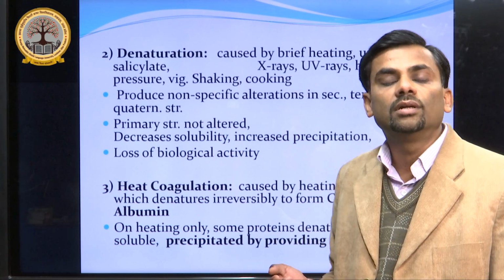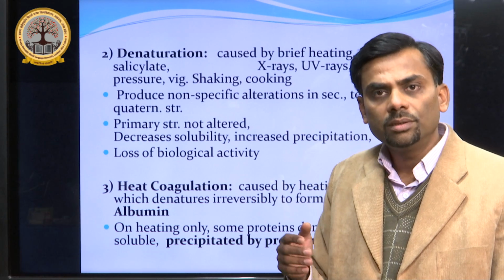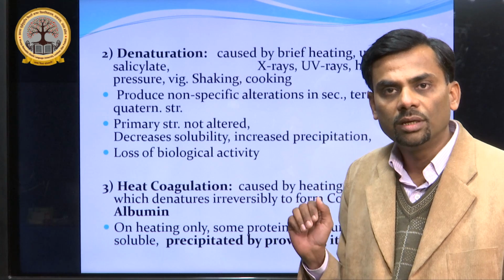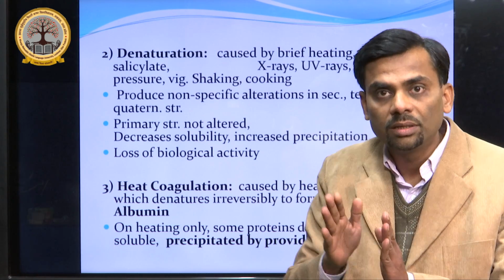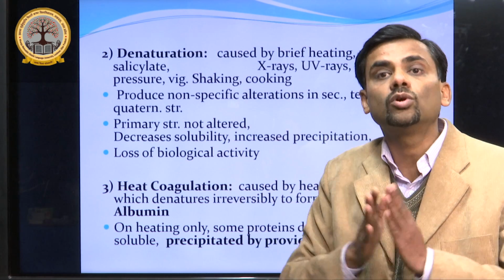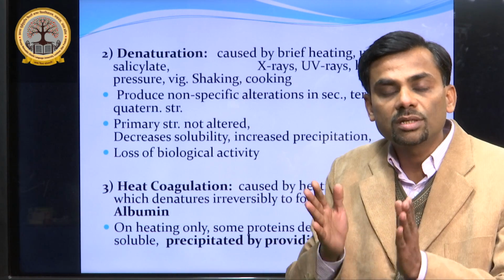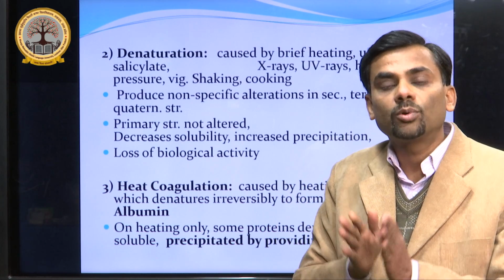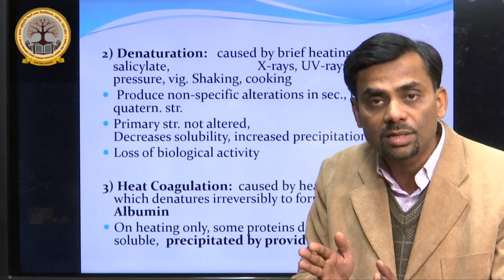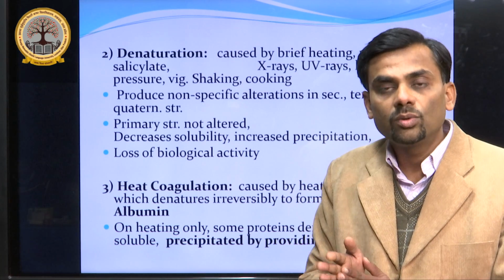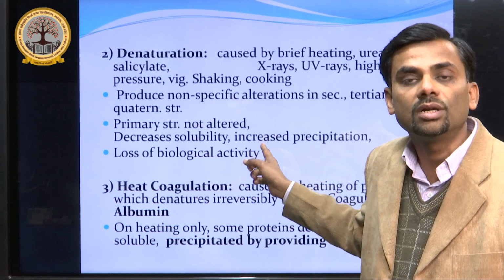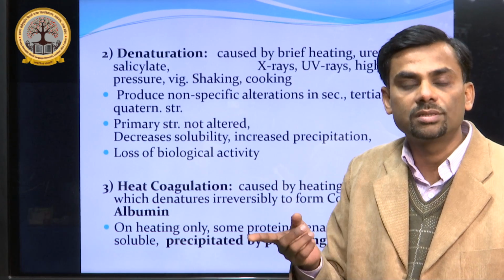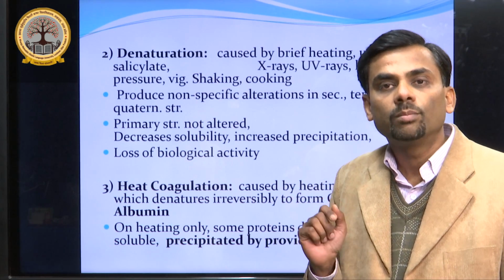The primary structure is never altered by this type of agents; only the secondary, tertiary and quaternary structures. That is why the protein name is still there. If the primary structure is altered, there is no protein name. The primary structure is composed of amino acids joined by peptide bonds. Protein is existing, but it is not functional due to disruption of the non-covalent bonds, starting from van der Waals bonds and hydrogen bonds to hydrophobic interactions, present in the higher order structure of protein.